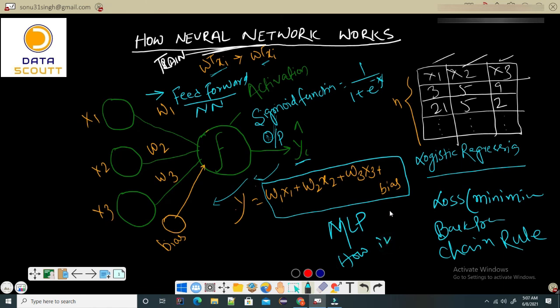But I hope it is getting clear how a neural network works. The activation functions need a deeper analysis, so in our next videos we will even cover the different kinds of activation, if it's a sigmoid, a ReLU, or a leaky ReLU. We have so many different kinds of activation functions, and we'll see how to implement them. We'll also see how we optimize our neural network. We have so many things to cover in our future videos.